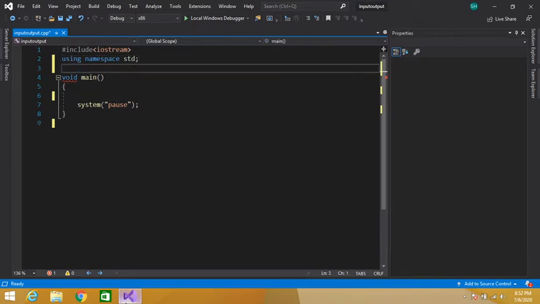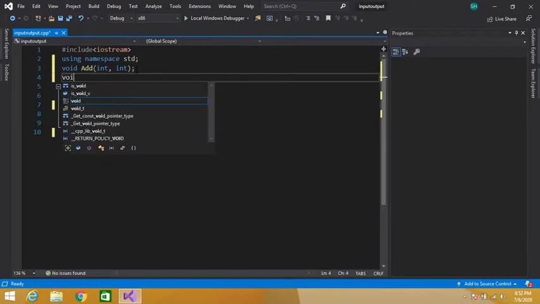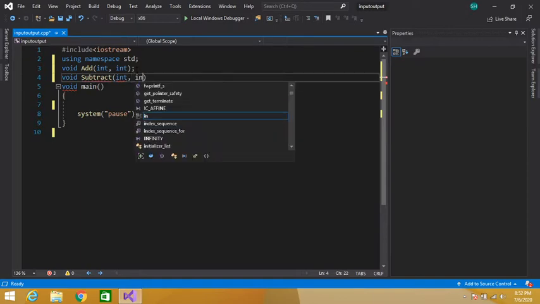declare these functions. So void add, and it will accept two integer parameters. Void subtract, it will also accept two parameters of integer type.